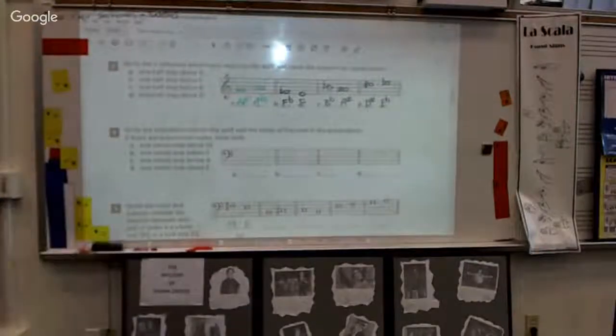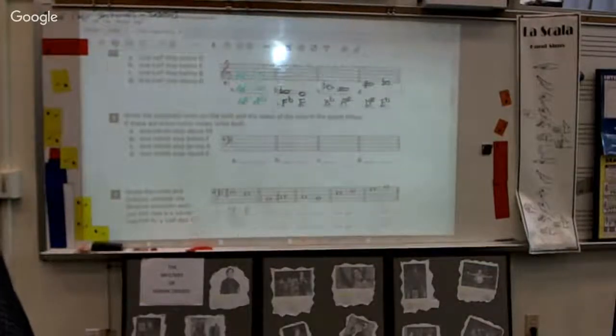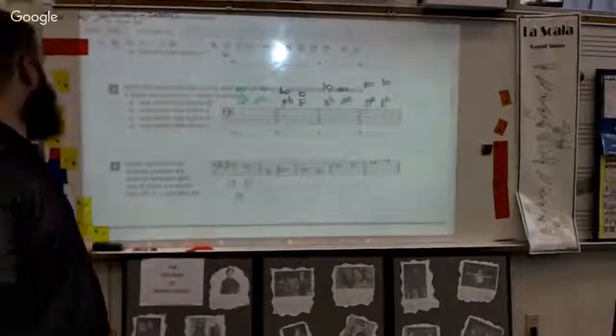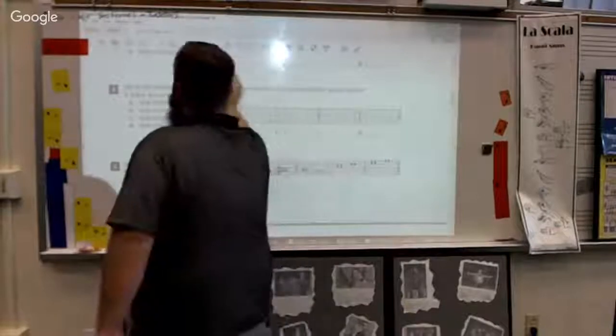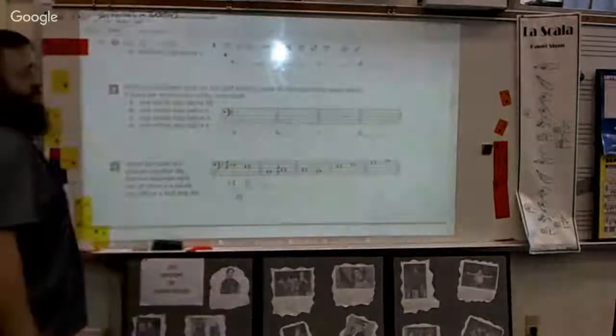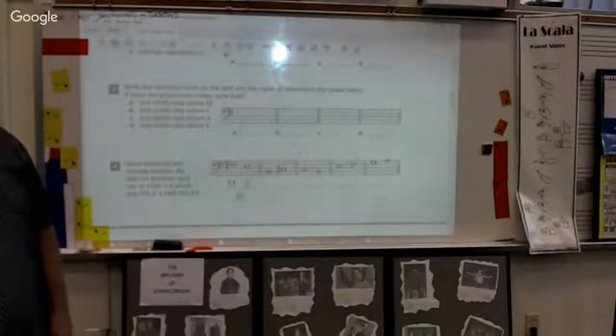Write the indicated notes on the staff and name the notes in the spaces below. If they're enharmonic notes, write both. All right, so if there are enharmonic notes, we'll write both. I'm going to move this up some. How many of you are finding that that little keyboard example at the top of your page has been very helpful for you to help you answer this, right? Okay, so